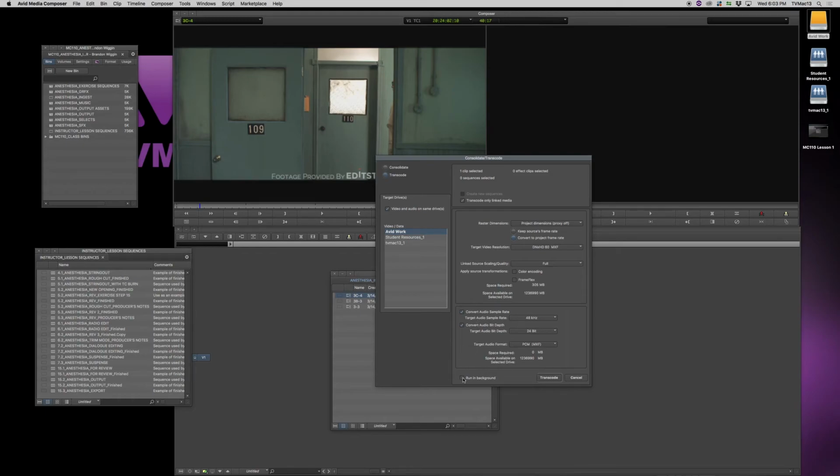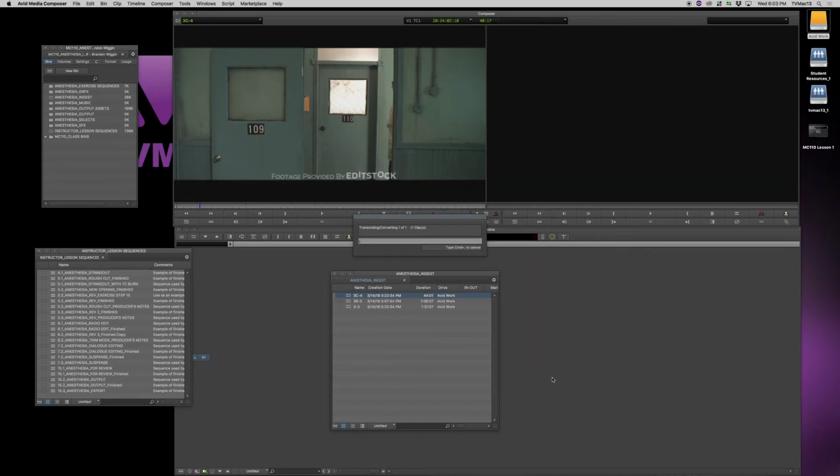If you check that button, you can still edit in Avid while your video transcodes, because sometimes you may transcode multiple clips and it may take a while. So by hitting run in background, you can actually keep working while that is happening. So what I'm going to do is I'm going to hit transcode. It's going to take just a second. It's going to convert